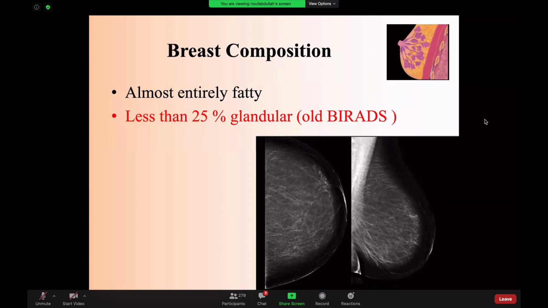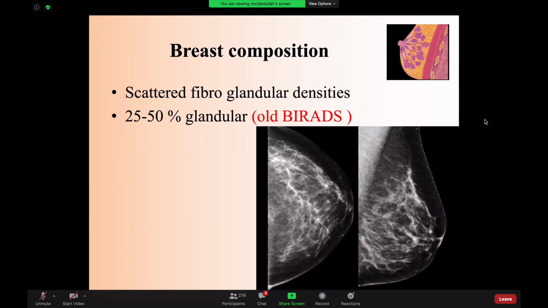And anybody who did breast imaging would know certainly that we've missed breast cancer on mammogram with extremely dense breast. The second type of the breast is what we call a scattered fibroglandular density. So if you look at this mammogram, you will see that there is some fibroglandular whitish area in the breast. You are still able to see what's behind these areas, and you will be able to see if there is any masses. So scattered fibroglandular density on the BI-RADS, if you have 25 to 50% of the breast tissue is composed of fibroglandular tissue, then we are talking about this BI-RADS type, this ACR type B.